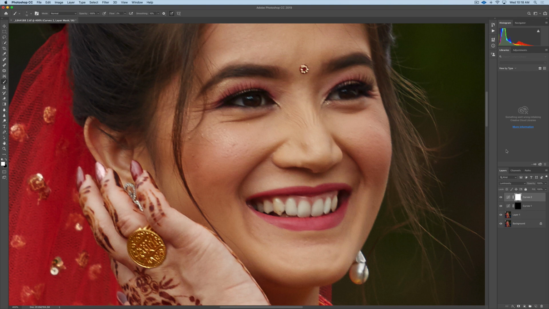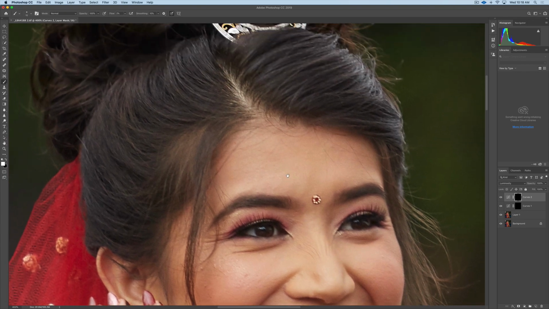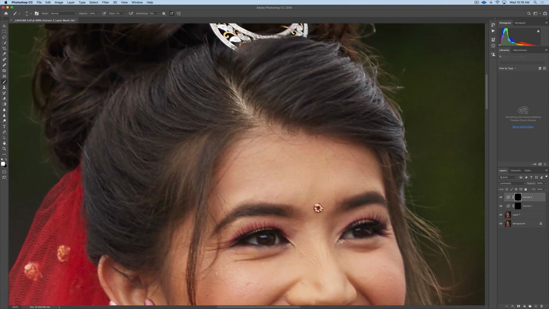Again, I'm going to click Command I and click on that. Now wherever I brush, I'm going to darken. So I'm going to darken the eyebrows a little bit here, and we're keeping the settings the same: the flow is at 2 and the opacity is at 100. If I toggle this on now, you can see the eyebrows get a little darker. What I like to do too is darken the part in the hair,